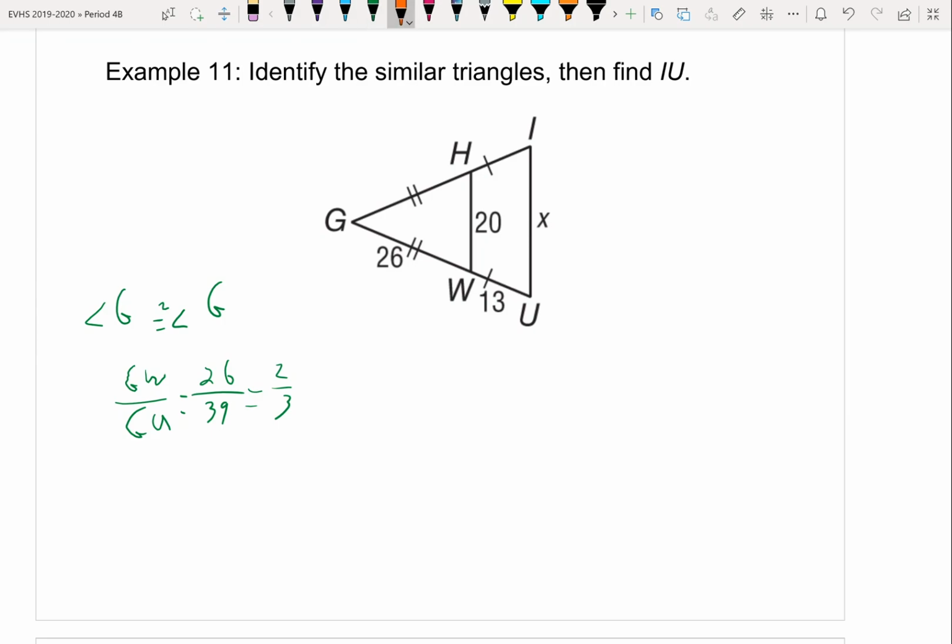Now, because these are equal, this is 26 and this is 13, so GH over GI is the exact same numbers. 26 over 39 reduces to 2/3. Therefore, I know that triangle GHW is similar to triangle